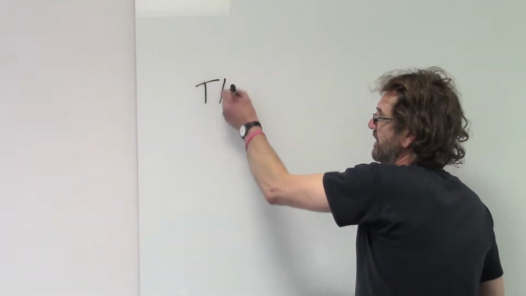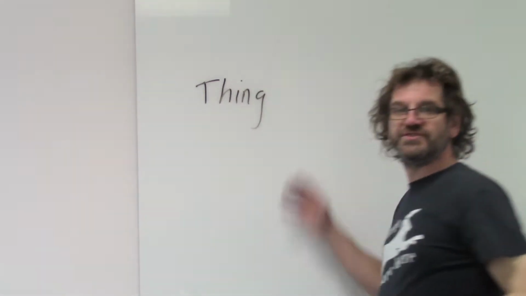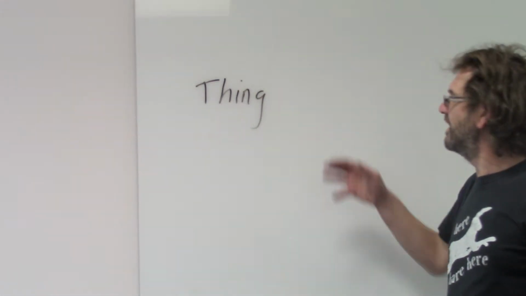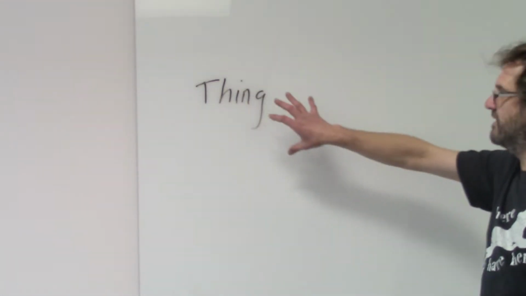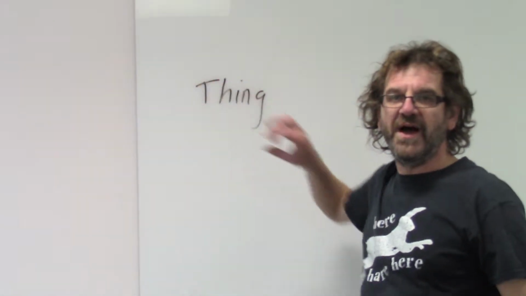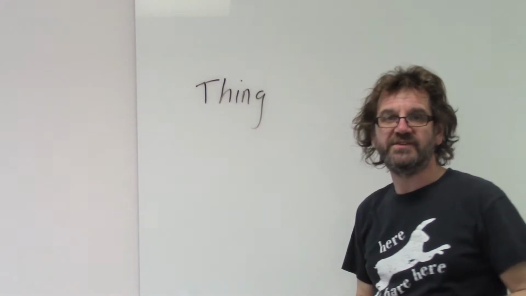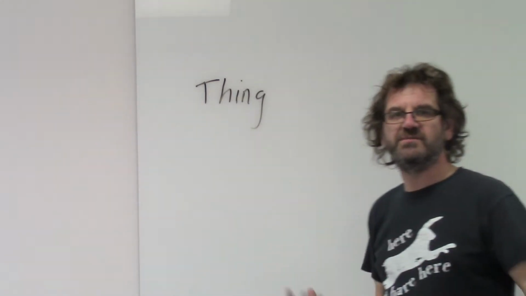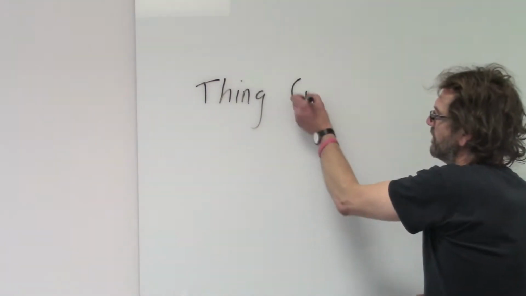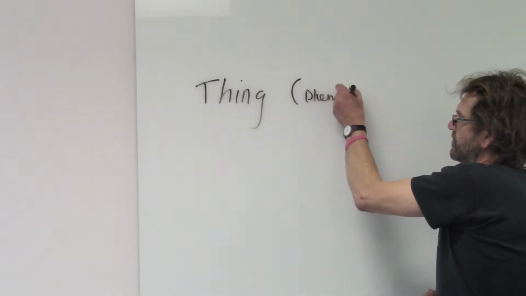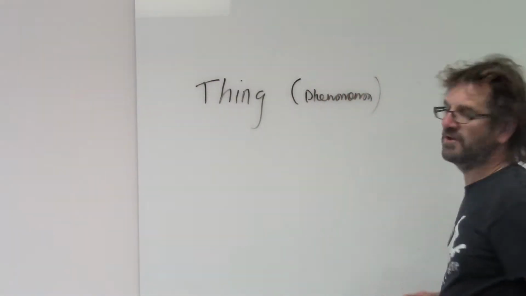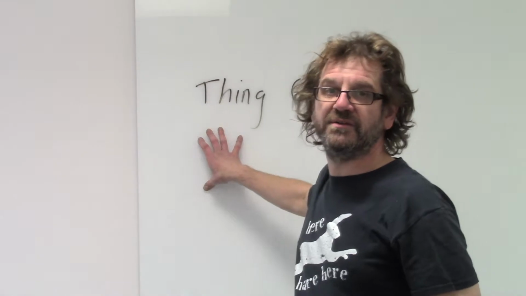So we're trying to explain phenomena. Phenomena is what scientists call it, but we could equally use the word thing. There are certain things in the world, and the purpose of science is to establish these things, find out what things are in the world, and then try and come up with some kind of an explanation as to why these things happen, and what the mechanisms are underneath them, etc., etc. So a thing, or as I said, if you want to be posh, you could call it a phenomenon. Okay, but let's stick with thing. It's a good old English word.